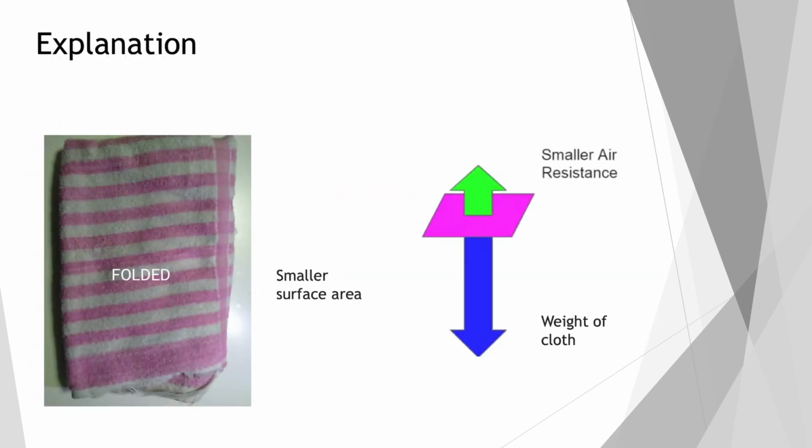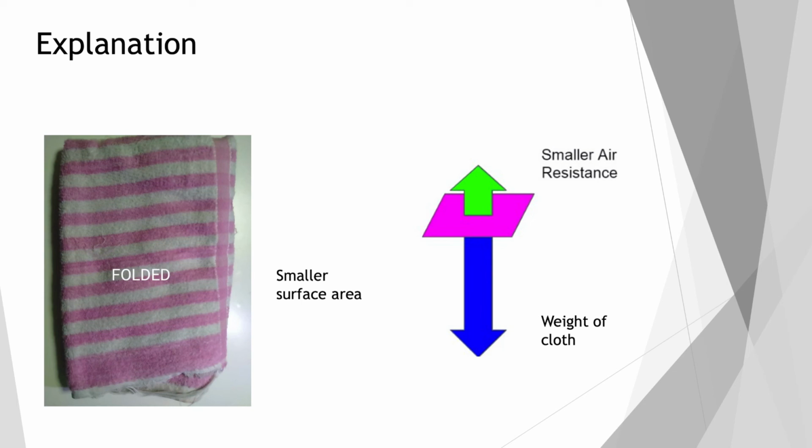In the video, the folded cloth fell faster, as it has less surface area for collision with air particles. The drag coefficient for the folded cloth is low, and there is less drag force present. Therefore, the weight of the cloth outweighs the small air resistance, and less time is taken for the folded cloth